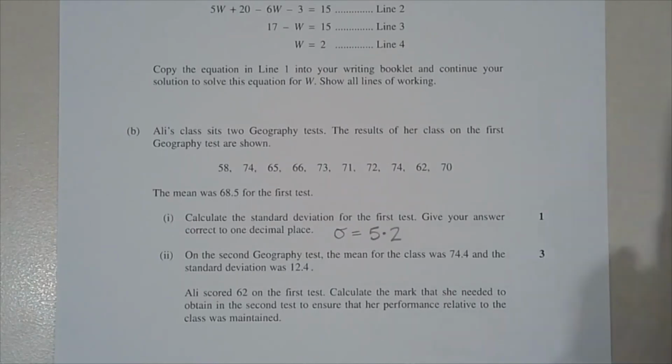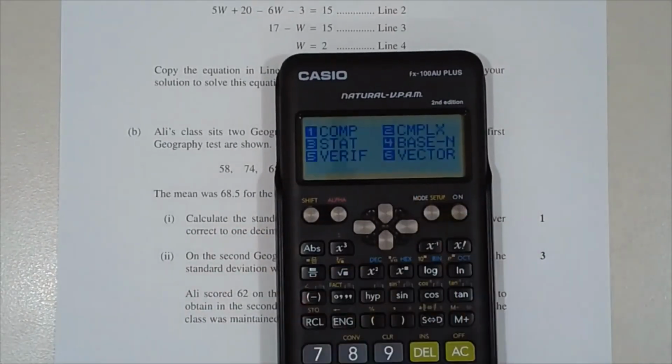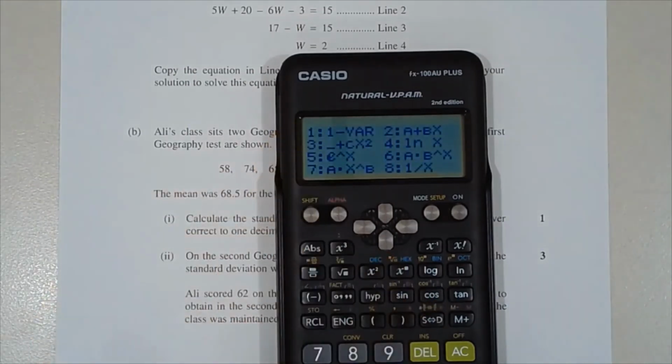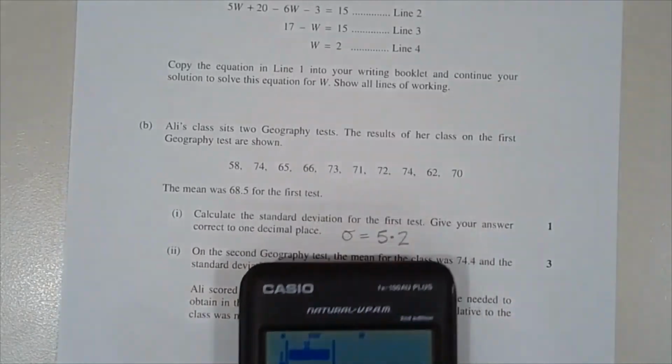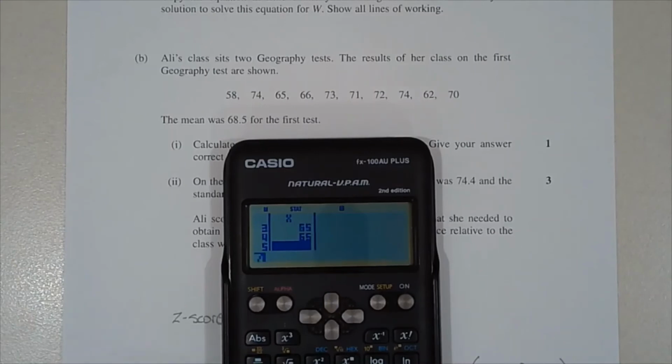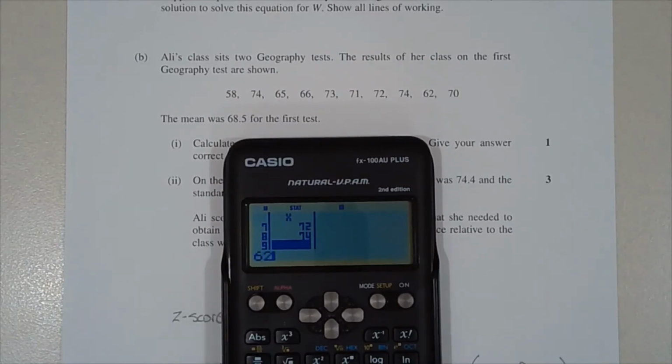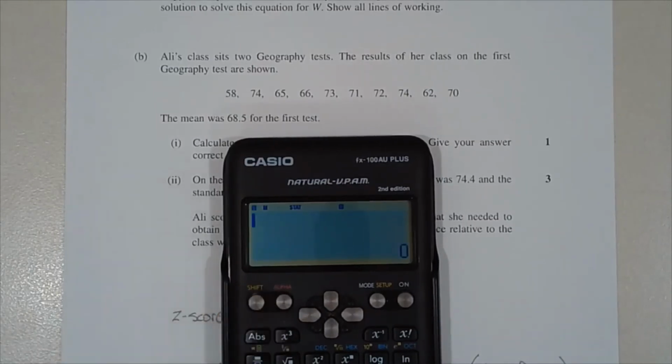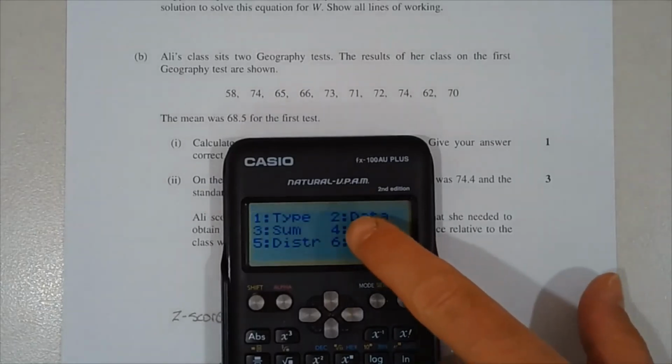Now for this you can use stat mode on the calculator. So mode. Now on this one it's mode 3. And then number 1 var. And then just enter in the scores as shown. So 58, 74, 65, 66, 73, 71, 72, 74, 62, and 70. Then press AC, and press Shift, and then number 1, and then number 4, where it says